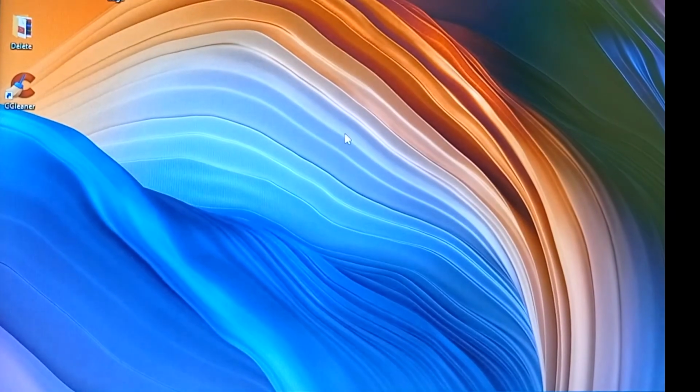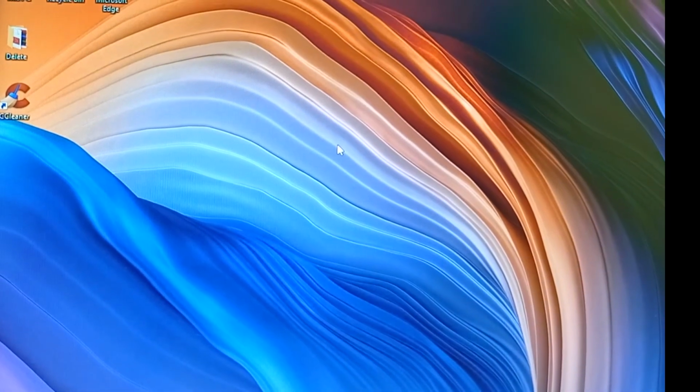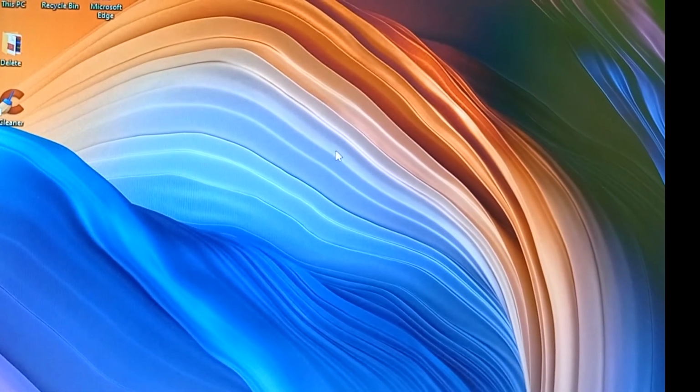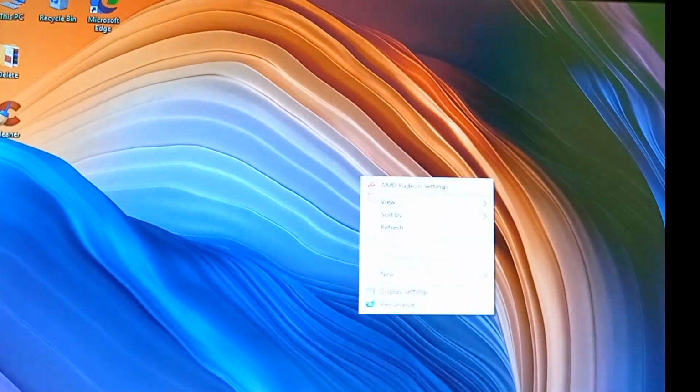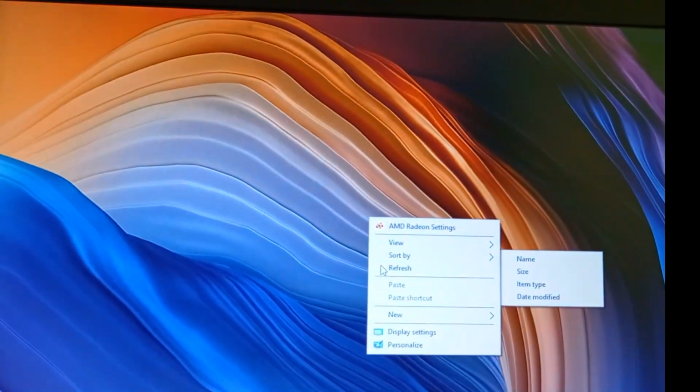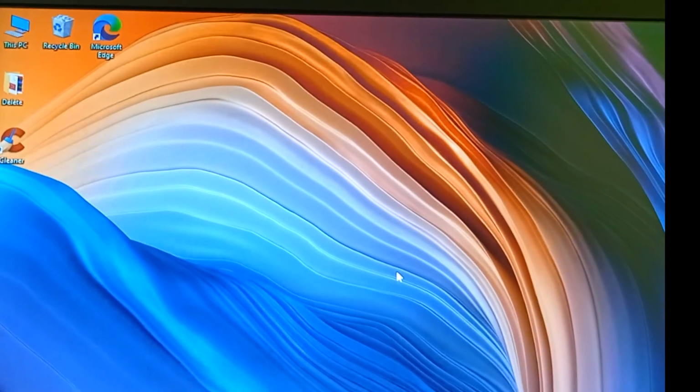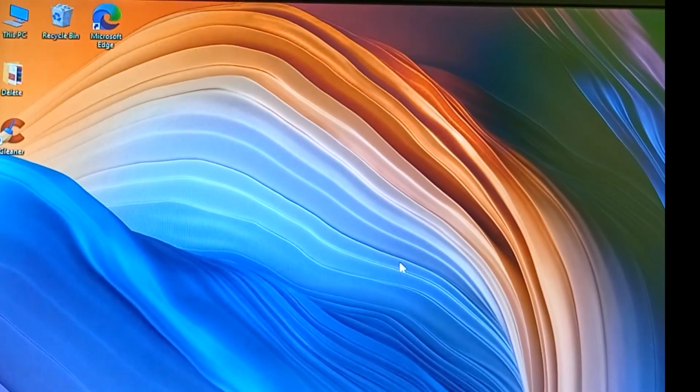Now you can see that I have successfully came back to my normal mode and now my screen is also not blinking. The problem of screen blinking has now gone. So with this simple step you can solve the